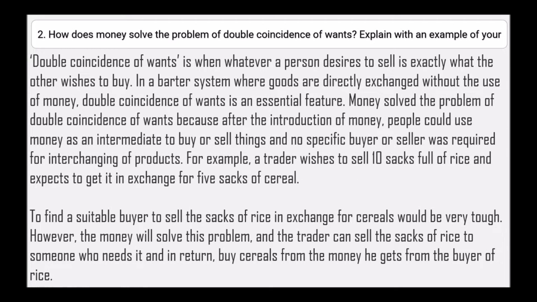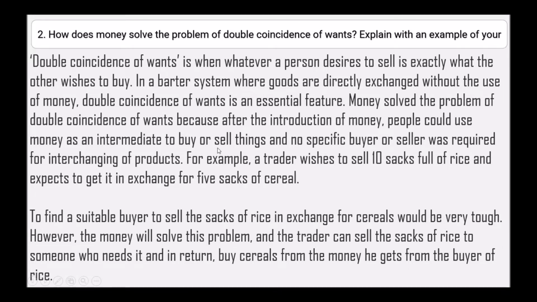How does money solve the problem of double coincidence of want? Explain with an example of yours. Double coincidence of want is when whatever a person desires to sell is exactly what the other wishes to buy. In a barter system where goods are directly exchanged without the use of money, double coincidence of want is an essential feature. Money solved the problem of double coincidence of wants because after the introduction of money, people could use